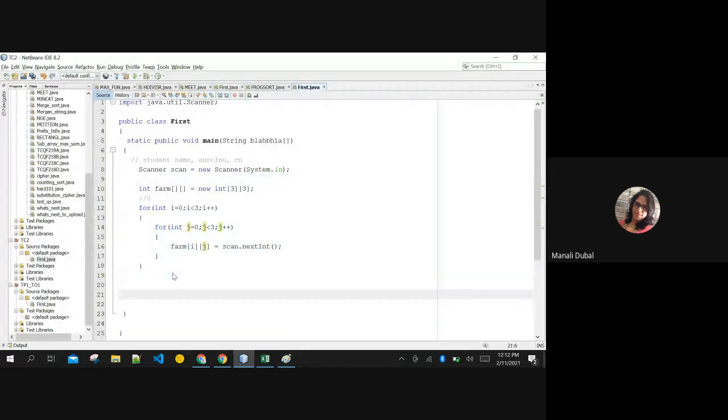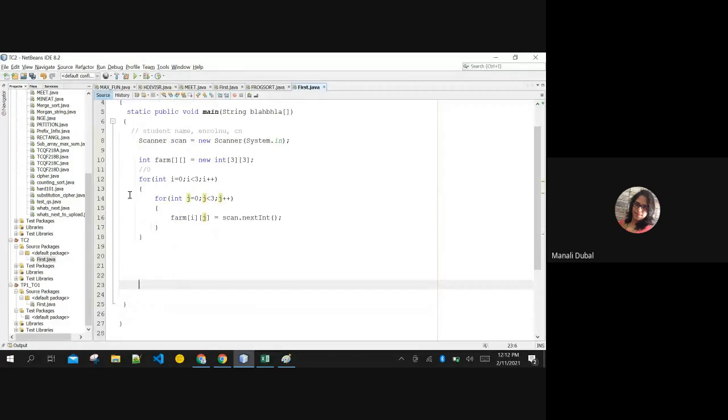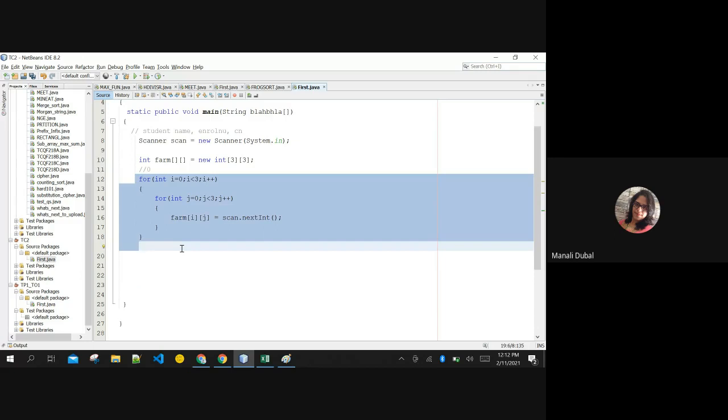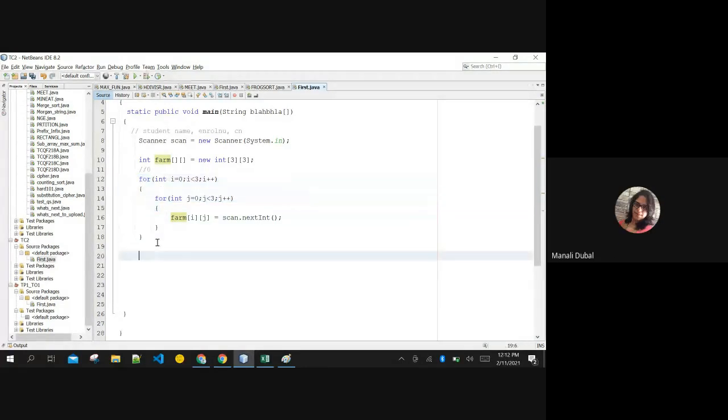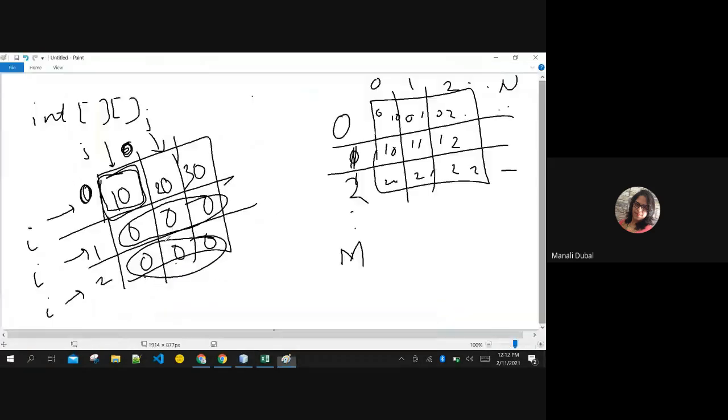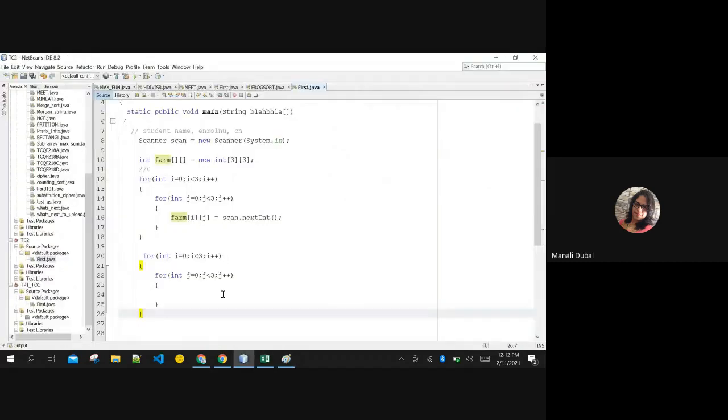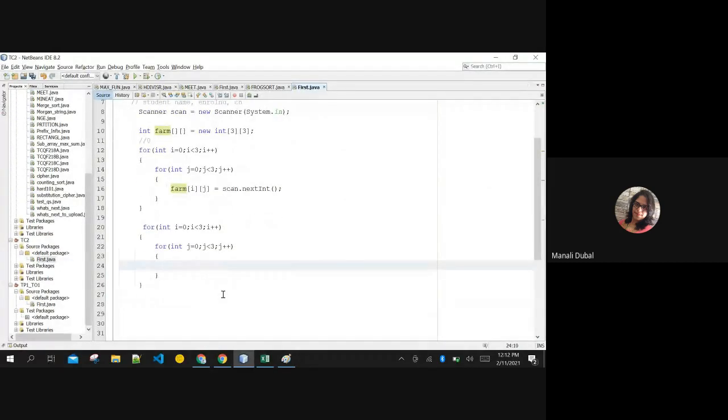If I want to print the records that the user has entered, should I use the same loop for printing or not? Yes, ma'am, we can use that. Yes, I am using the same loop for printing now, okay? But now you help me with printing. I want to print in a matrix kind of format. You help me. What shall I write here?